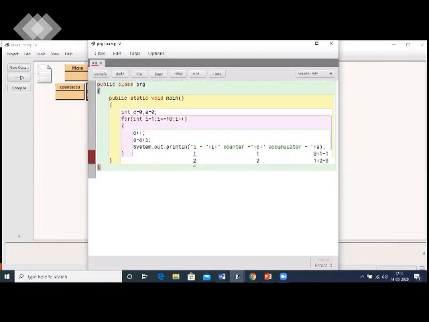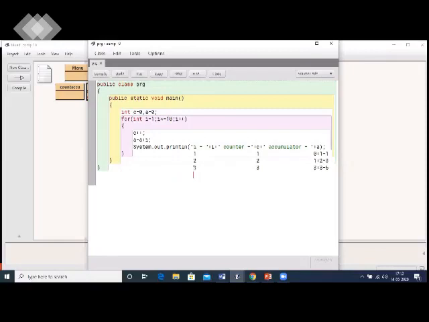So over here, when i will become 3, my counter will also become 3. But my accumulator, which had 3 originally, will now have added value 3 and it becomes 6.